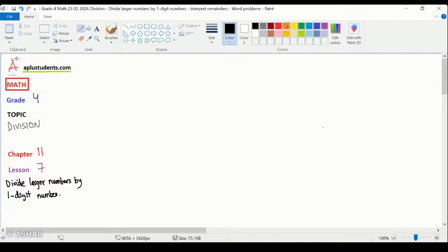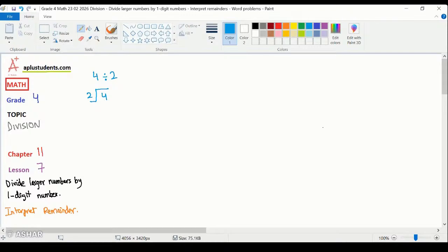And what we need to do is interpret the remainder. Remainder is what is left after dividing. Okay, so before going into this, let's go to grade 4 maths, chapter 11, lesson number 7. When do we find a remainder? I'll explain. If 4 is divided by 2,